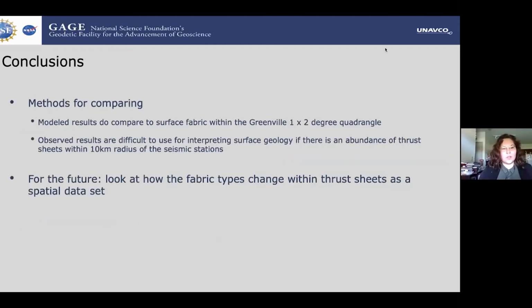For conclusions, our methods for comparing the results: the modeled results do compare with surface fabric within the 1 by 2 degree quadrangle, whether it's the 15-minute quads broken up or the 10-kilometer radius around the seismic stations. With comparing the observed to modeled data, it's a little more difficult to try to predict it, just because there's so many different rock types and domains. If you have 4 different domains within a 10-kilometer radius of a seismic station, that's going to get a little